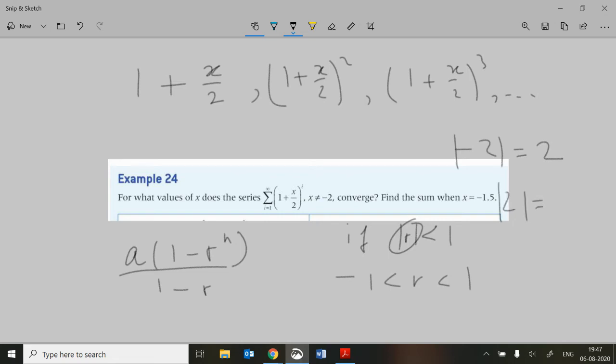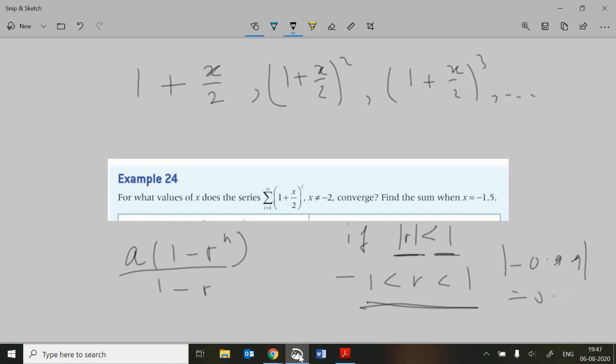And the modulus of 2 is 2 still. That's what modulus is doing, or what we call the absolute value as well. So the modulus of r being less than 1 is the same as saying this, because if you take the modulus of minus 0.99, it still gives us 0.99. So if the magnitude of the number is less than 1, forgetting about it having a minus on the front,